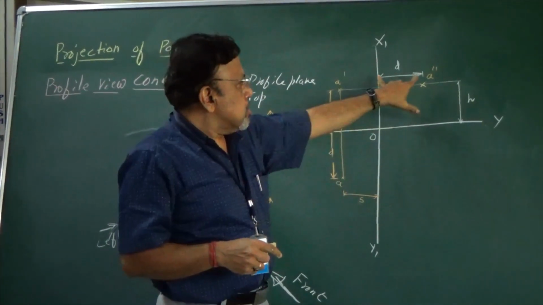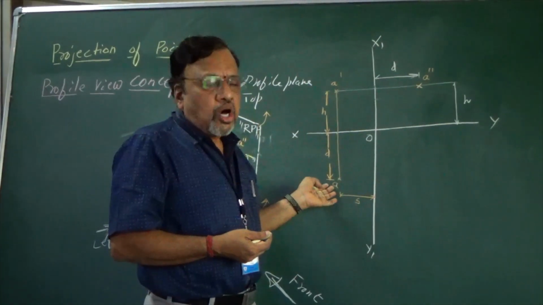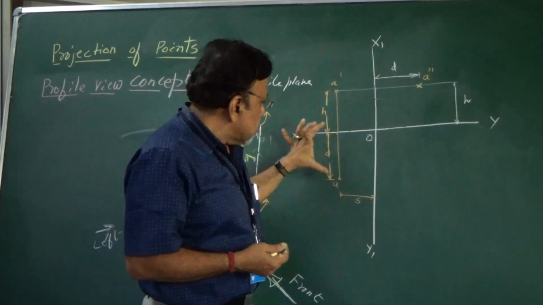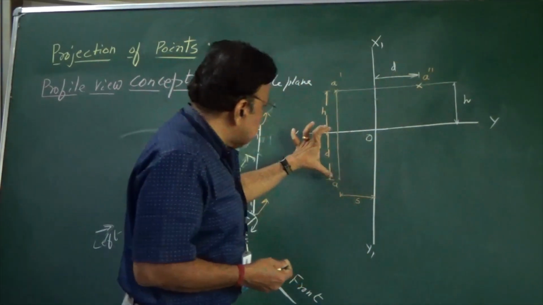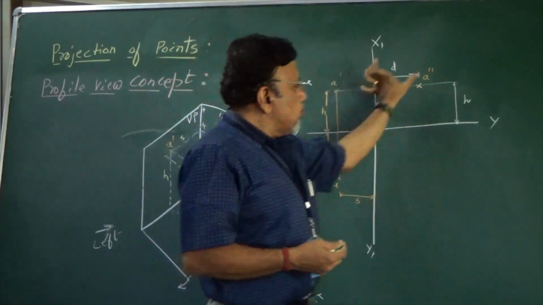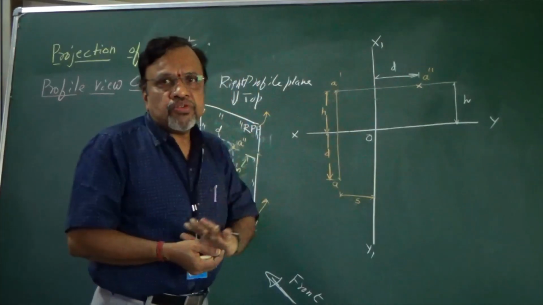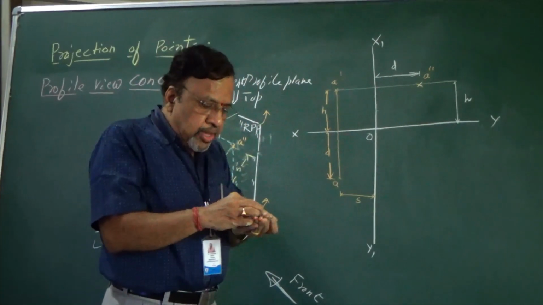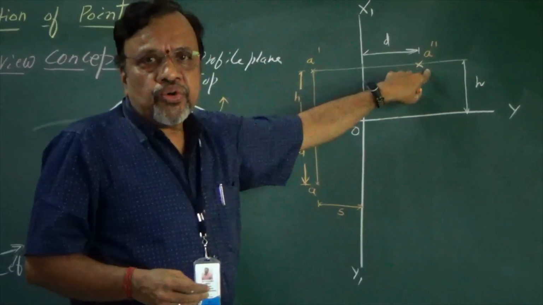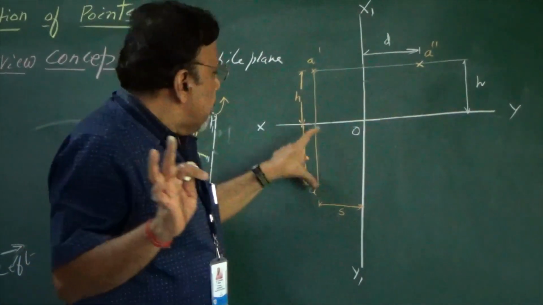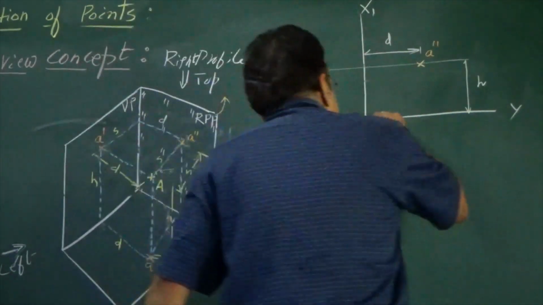Where do you have this D distance? See, the D distance is available already in the top view. So I need to transfer this D distance from here to here. Now I have just done it only by measuring this and putting this. Now I want to show this D distance by a procedure. So how do you do that? That is, I need to transfer this D distance into this side view. The simplest way of getting that particular distance D is, I will consider a 45 degree line.